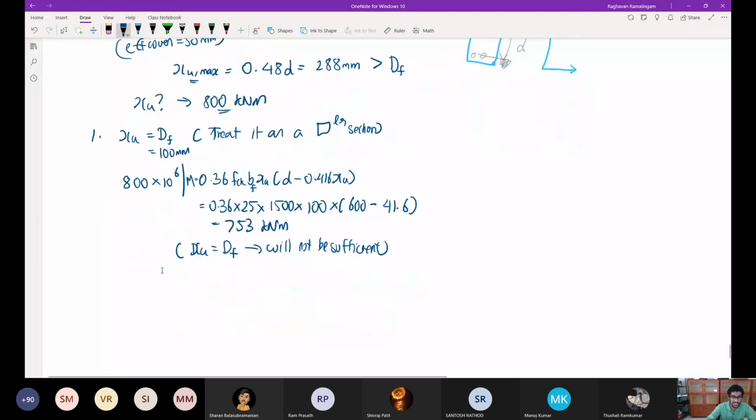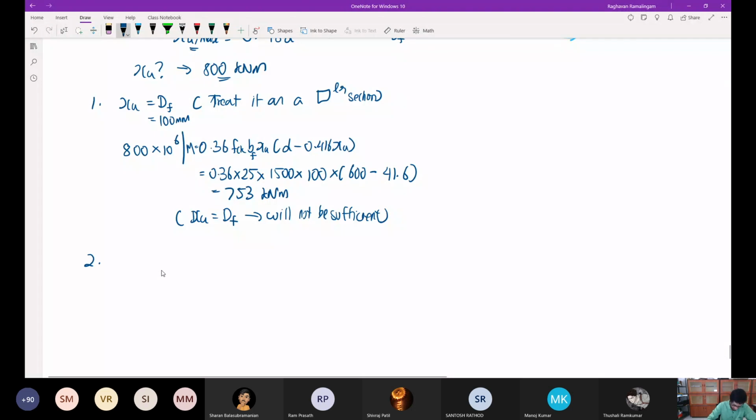The second easiest assumption that we can make is that XU is greater than 7/3 of DF, which means